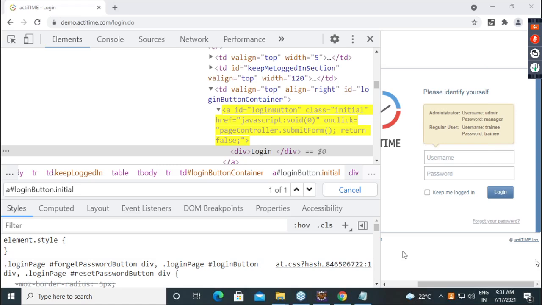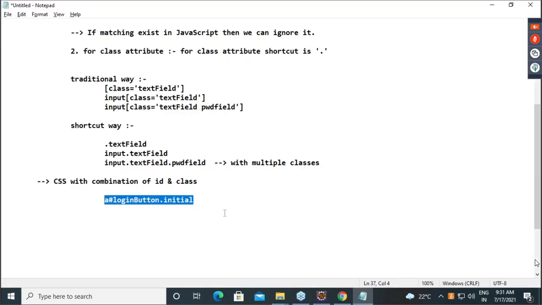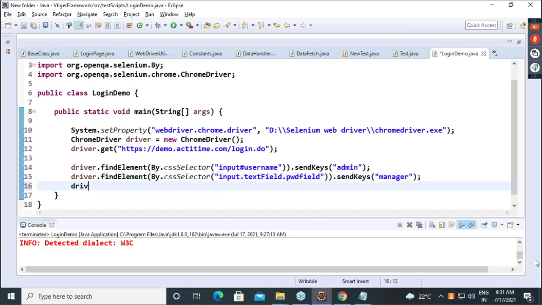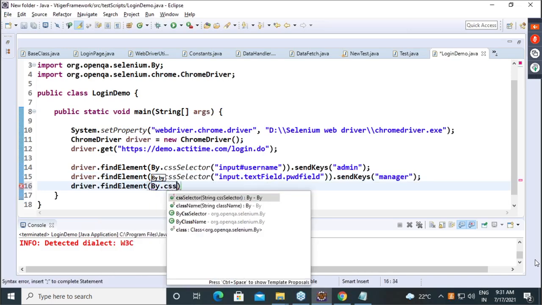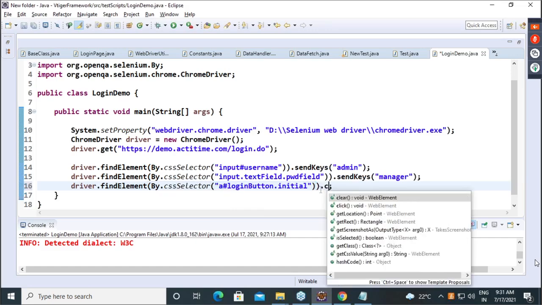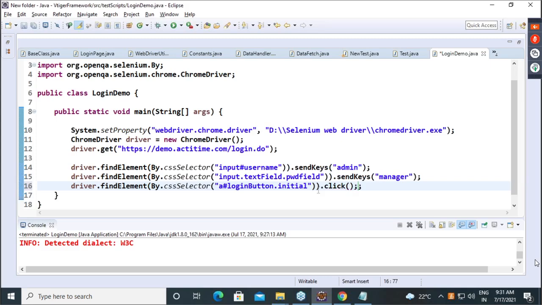We are making our search criteria as short as we can, so our uniqueness and accuracy will improve. Now let me use this: driver dot find element by dot CSS, dot click.